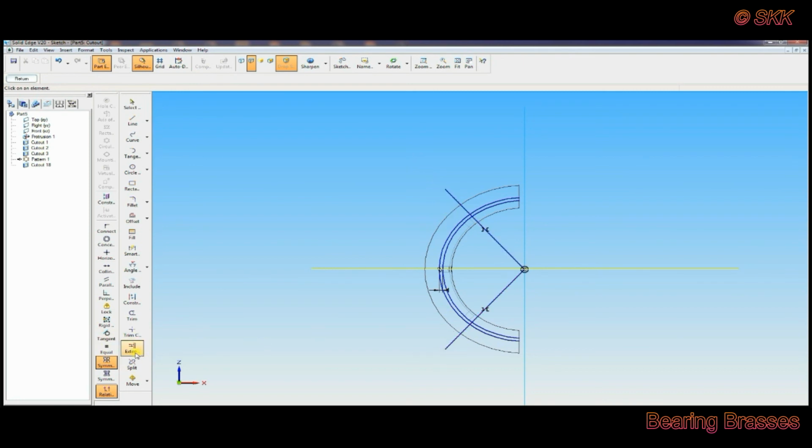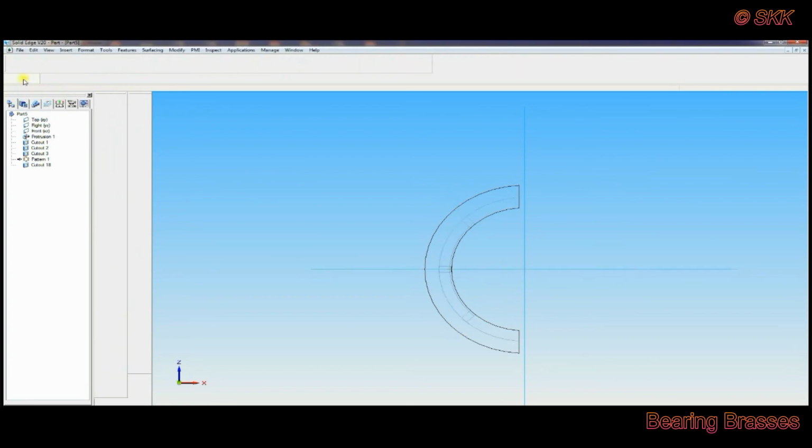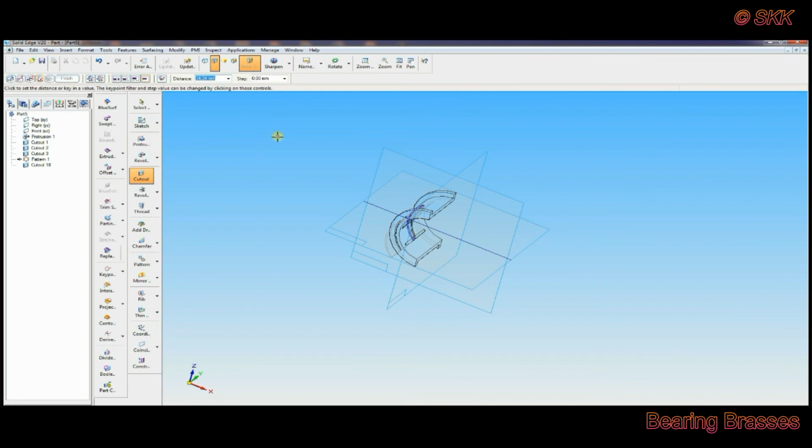In angle it should be 100. Then go to trim that lines like this. Return, width you have to give 3 mm. Finish.